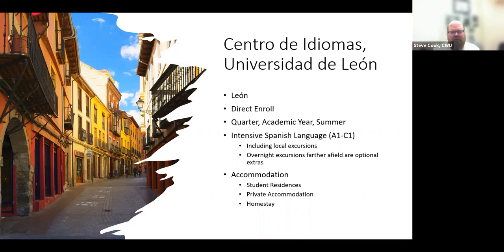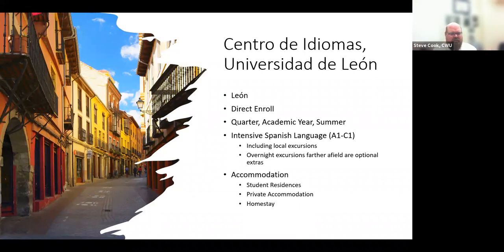So they are much more flexible. They have quarters, basically the equivalent of our quarters. Their terms within the academic year, unlike the main part of the university, are going to be very similar to our quarters. Students can also go for an academic year or for a summer. They have multiple 4-week summer programs, 2 of which do not conflict with CWU terms, and you can either do one or you can combine both of them into a longer 8-week program. This is intensive Spanish language,